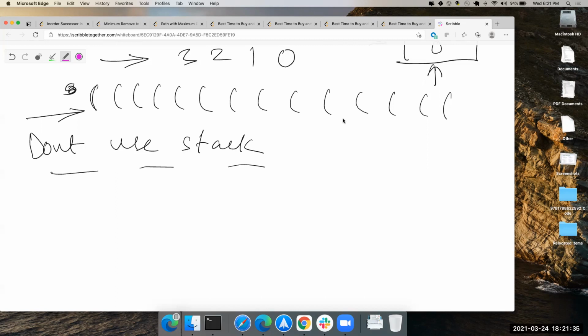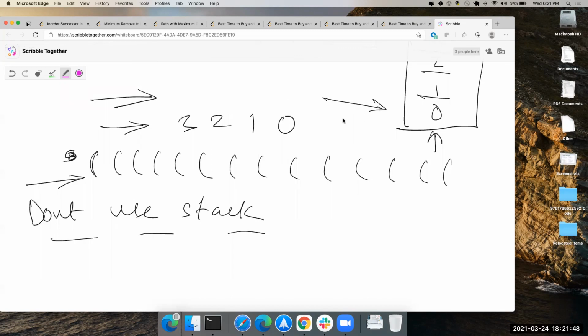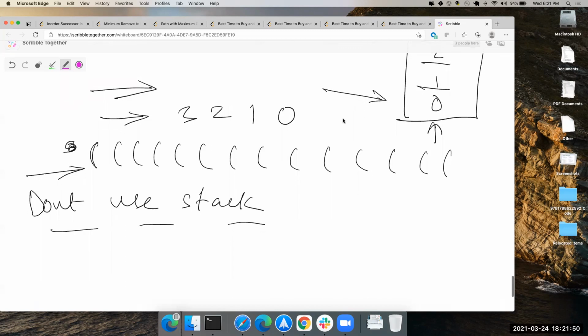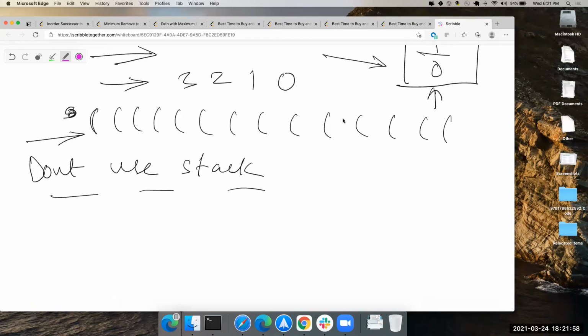This is what your interview is going to ask you, because I was asked that. I don't remember who asked me. I think it was some mock or some phone interview, or maybe it was Uber or Facebook. But this was the question. I used a stack. Then the interviewer asked, don't use a stack, because even if you're using a stack, you're using some memory, right? So now don't even use a stack.